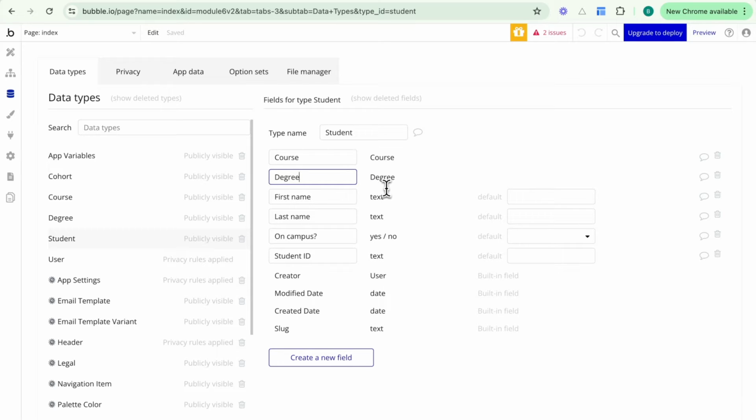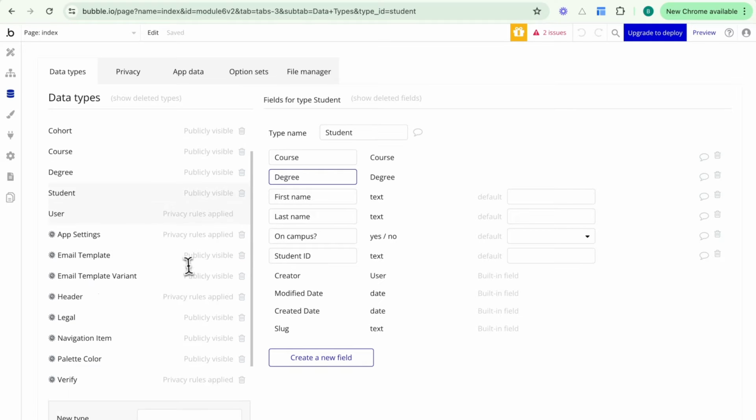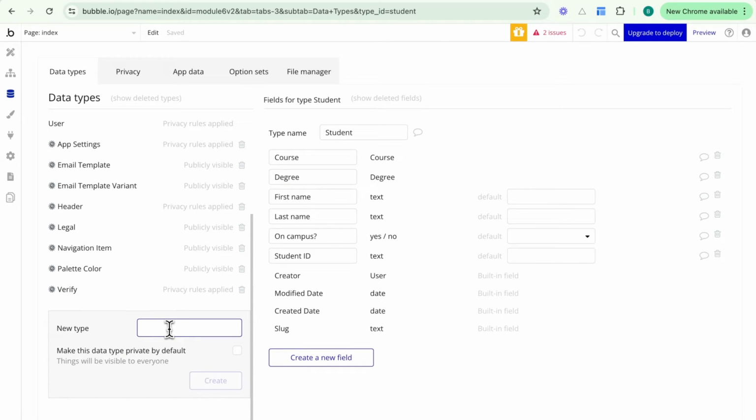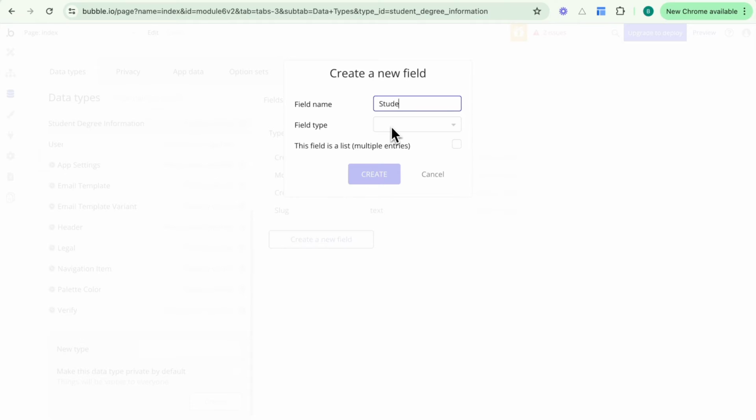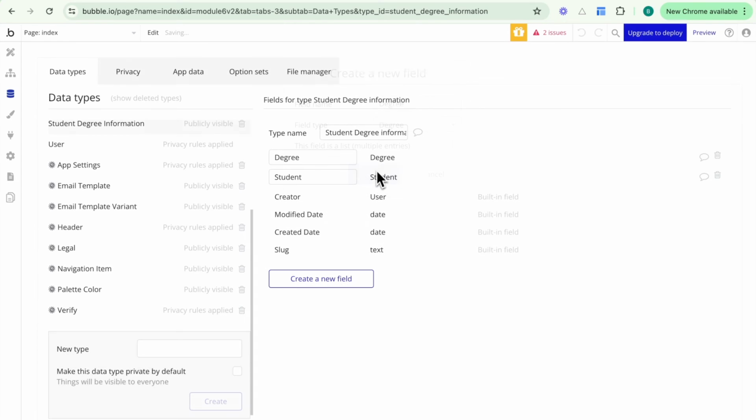What we also can do is we can actually create an additional database object if we want to capture more information about the relationship, or just if the list that we're storing becomes too big. So to give you an example, I can create a new type called student degree information, and I'll create that like so. What I can then do is I can add the student, I can add the degree, so that allows us just to capture that relationship information,